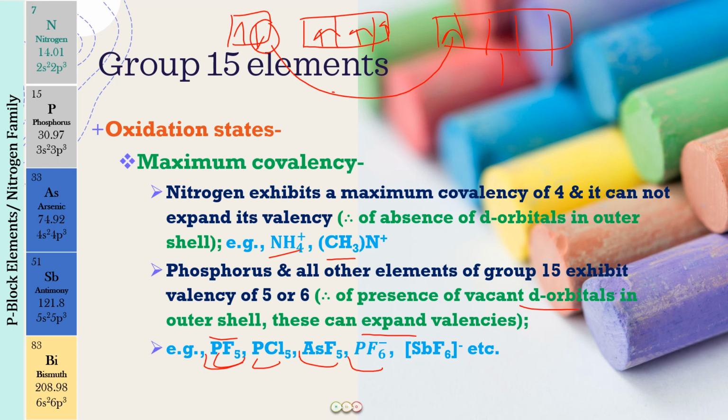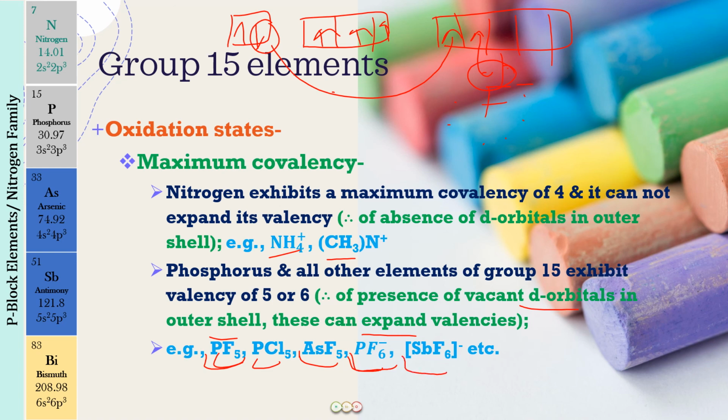Well, what will happen is that if we have a fluoride ion, the fluoride ion is going to be having a lone pair of electrons. Okay, so one of the lone pairs, again, it can put into the d orbital, and therefore this is going to be the formation of the sixth bond that is going to be possible with the F negative. So we will be having the formation of PF6 negative and SbF6 negative in this way.